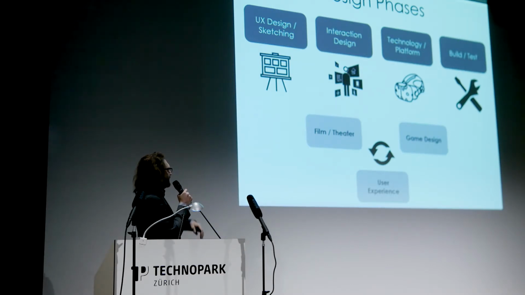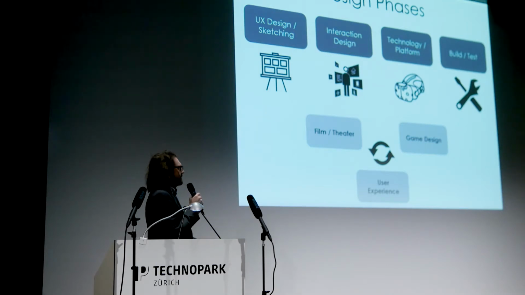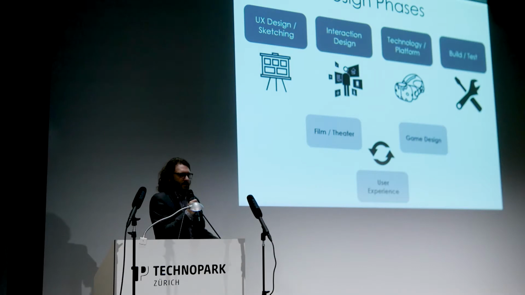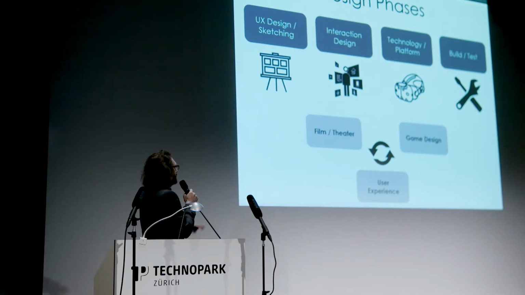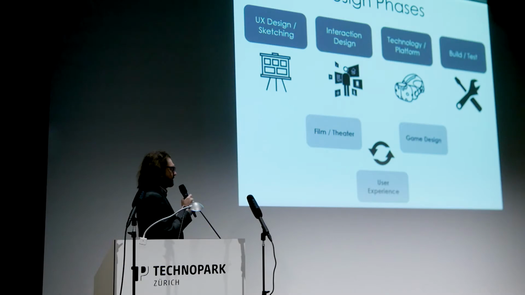And then when we go through the design phase, we can use what could be considered a design thinking approach or an interaction design approach, where we start out with our UX sketching, could be storyboarding, could be user journey mapping, move on to the interaction design, where we understand what technologies, AR, MR, or VR, will be most applicable to that experience we want to provide.